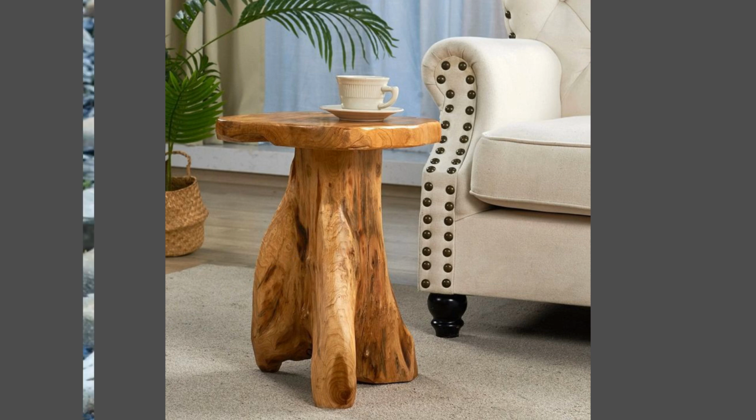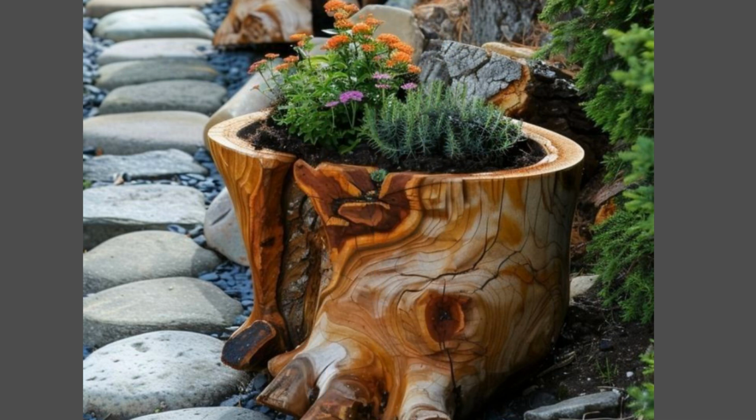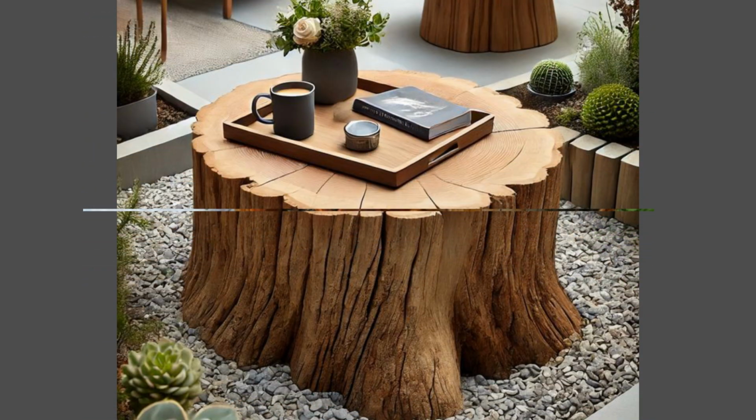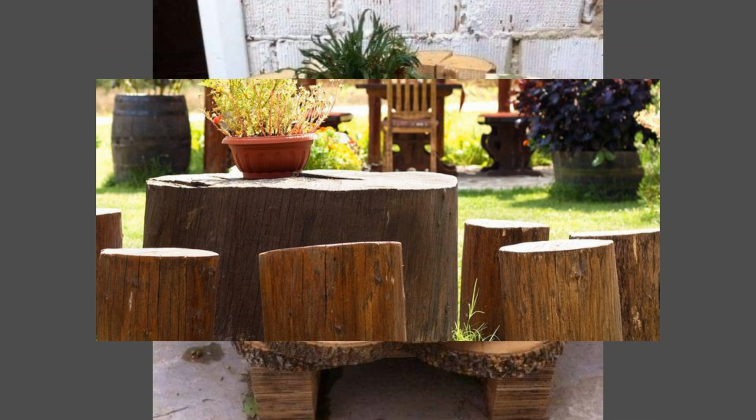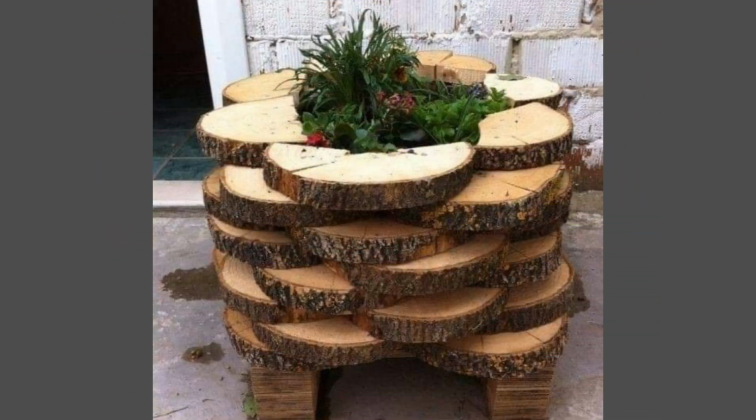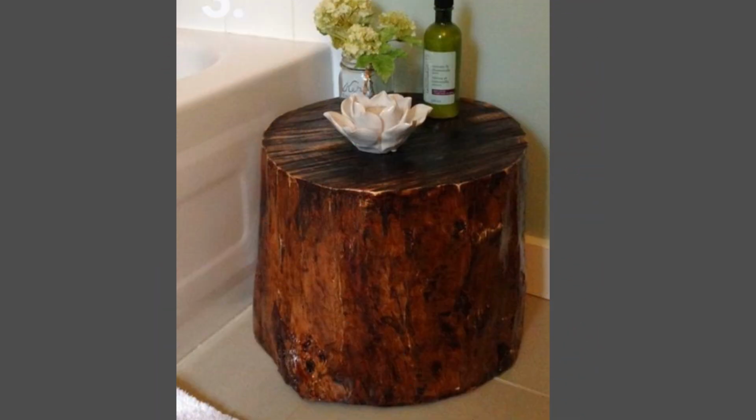From transforming stumps into stylish side tables and artistic plant stands to carving them into whimsical fairy homes and functional garden seating, the possibilities are endless. Not only are these ideas visually stunning, but they're also eco-friendly and super affordable. Most of the time, you're working with what nature already gave you. In this video, I'll be walking you through a collection of my favorite tree stump decor inspirations. Some are super simple and beginner-friendly, while others are more detailed projects for those of you ready to get your